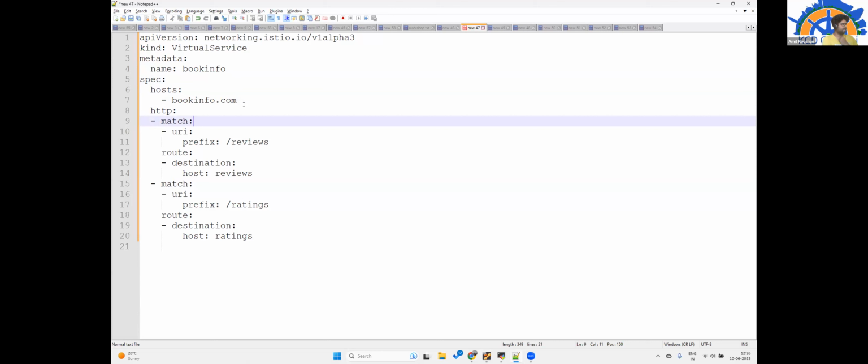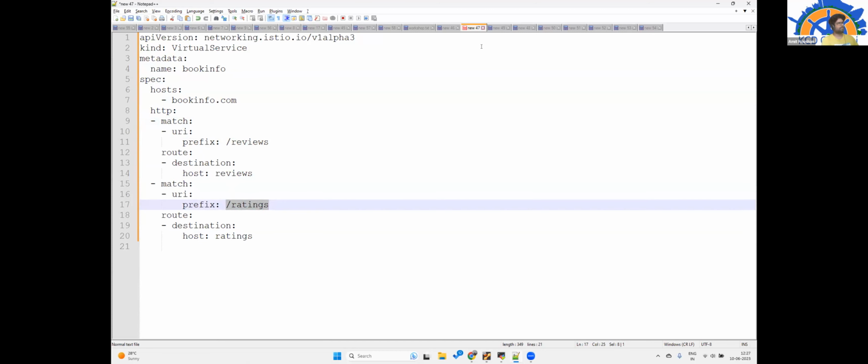With the same placeholder name, the traffic will go either to the reviews service or to the rating service based on the URL prefix.